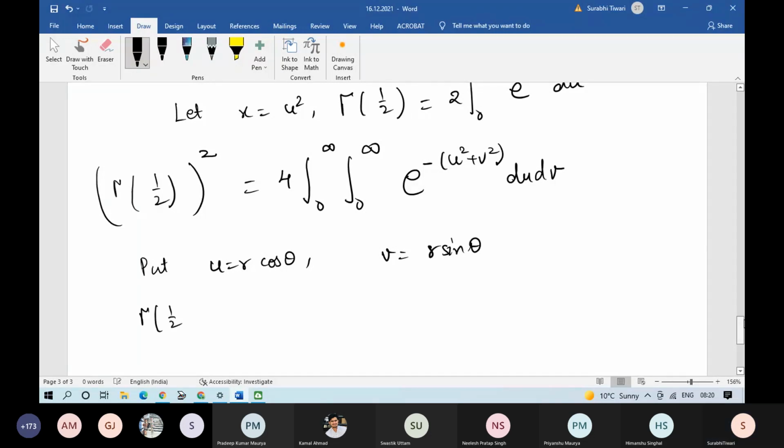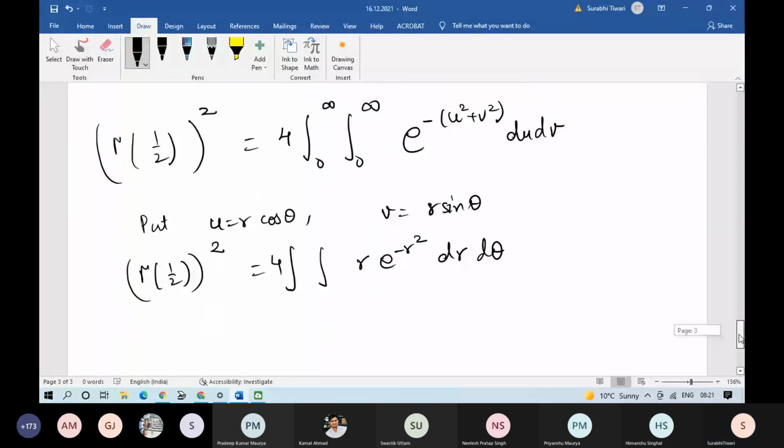So gamma half whole square, this is equal to 4 times r e raised to the power of minus r square dr. ठीक, cos स्क्वायर थीटा प्लस साइन स्क्वायर थीटा 1 हो जाएगा, dr d थीटा। ठीक है, du dv विल बी r dr d थीटा, ये हम लोग देख चुके हैं।